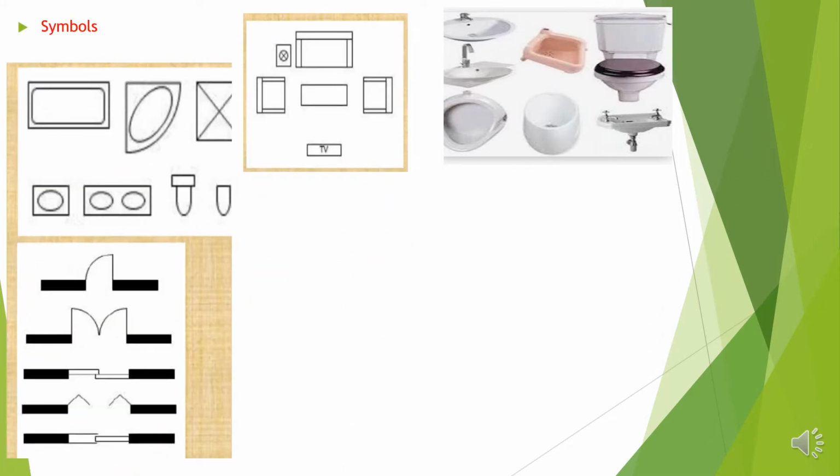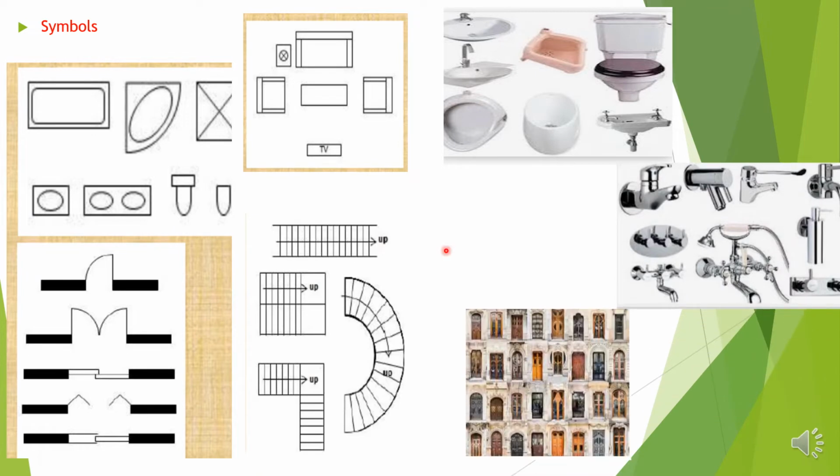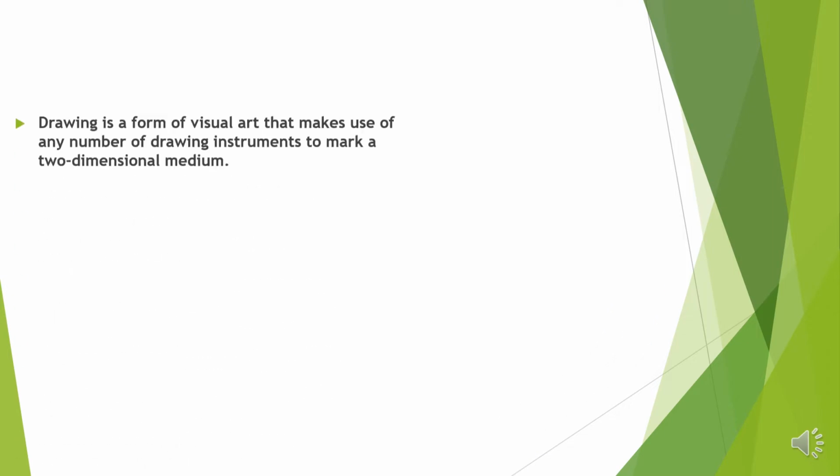The architect cannot write all the things in the drawing, so he uses symbols. Some of the symbols are explained here. For example, these are door and window symbols. This shows a one-side openable door. This is a two-side openable door. This is a two-way shutter, sliding doors. This is a both-ways openable door. This is a staircase. This is a dog-leg staircase. This is a rectangular left and right staircase. This is a semicircular staircase. This is CP fittings, etc.